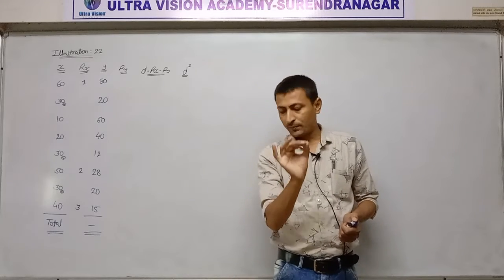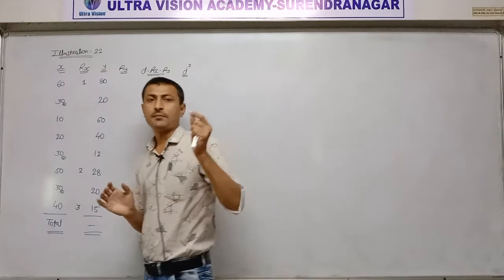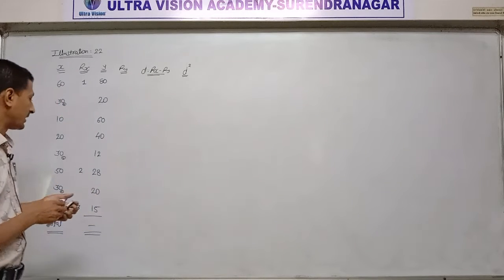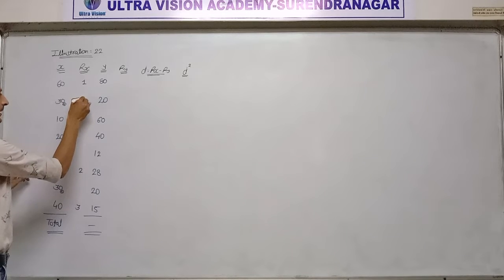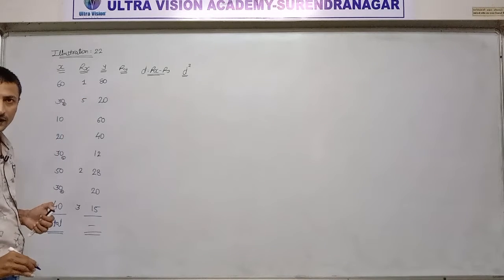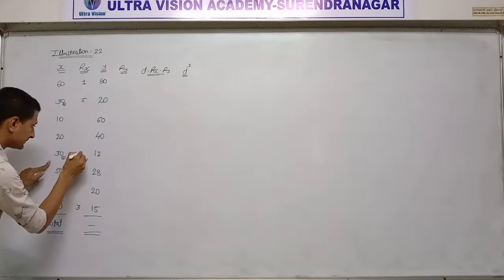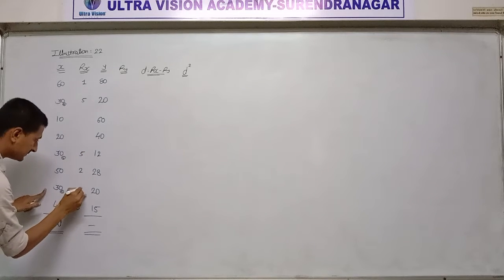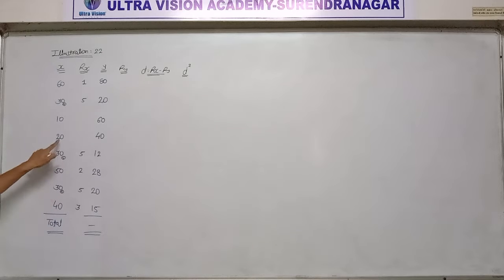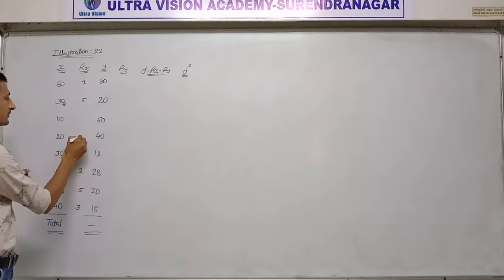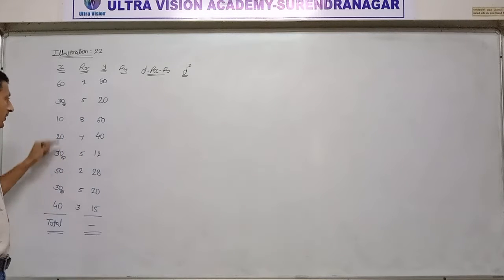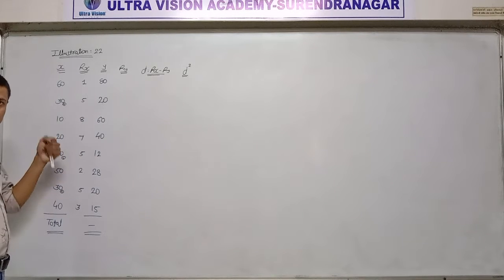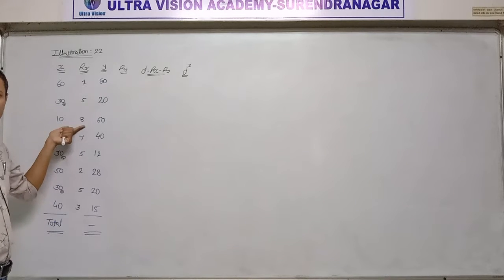So the average is found out: 4 plus 5 plus 6 divided by 3, so 15 by 3, the rank given is 5. So each and every observation of 30 gets the rank 5, 5, 5. Now next, 20 is the rank 7 and 10. Ranks 4, 5 and 6 are already used, so the next succeeding rank is 7. So observation 20 is 7th rank and 10 is 8.